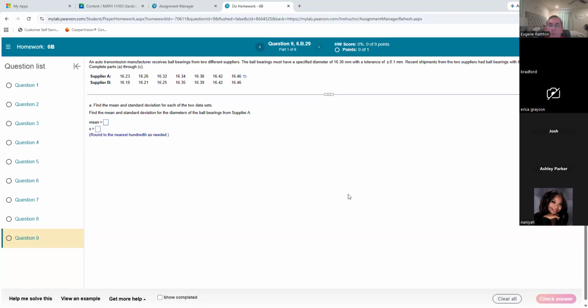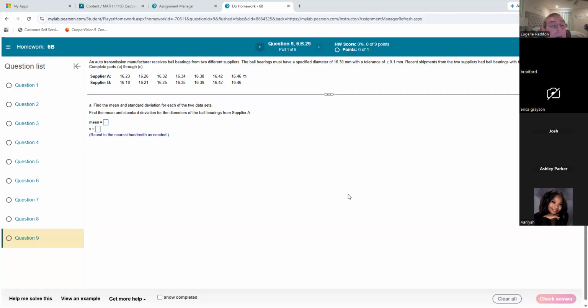All right, y'all. So we're going to work this problem here, like y'all's number 9 on homework. So I'm going to write these down real quick for supplier A and supplier B. If you notice, the first thing they want me to find on both of these is the mean and the standard deviation. So y'all, I'm going to write these down: